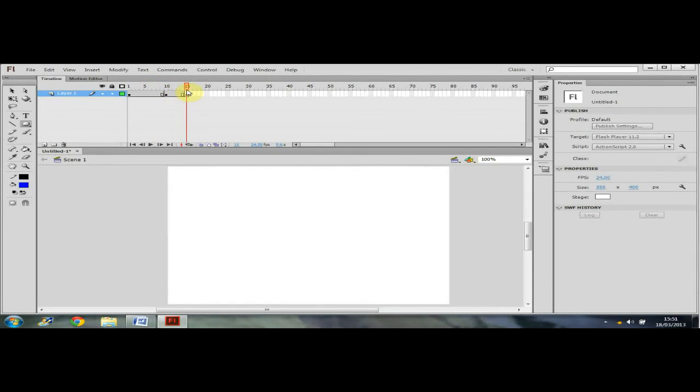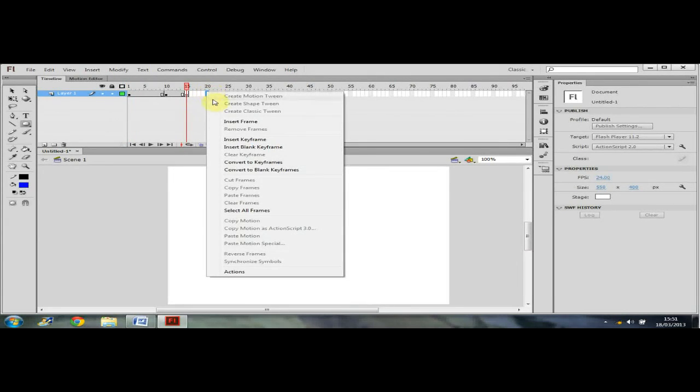That indicated that nothing existed on it. Whereas this is the sort of frame we have now. A grey frame with a black dot. Let me highlight the difference to you of what the different frames represent. You have two different types of frames. A normal frame, which you can insert,